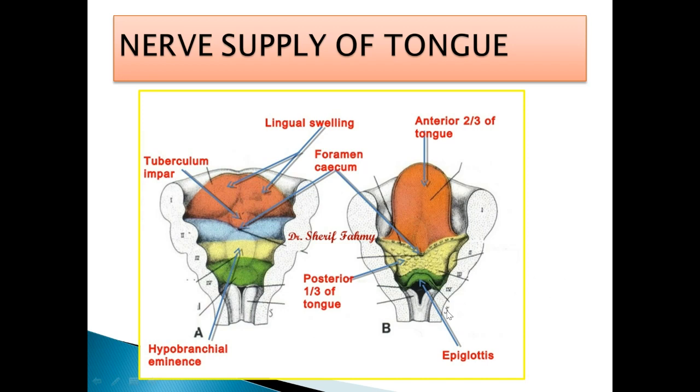If you see the posterior one-third of the tongue, the glossopharyngeal nerve is the nerve of the third arch, and the internal laryngeal nerve is the nerve of the fourth arch. But when we started with the development of the hypobranchial eminence, we said it develops in relation to the ventral ends of the second, third, and fourth pharyngeal arches. Then what is the nerve of the second pharyngeal arch? The facial nerve. It is not represented in the posterior one-third. How does this happen?